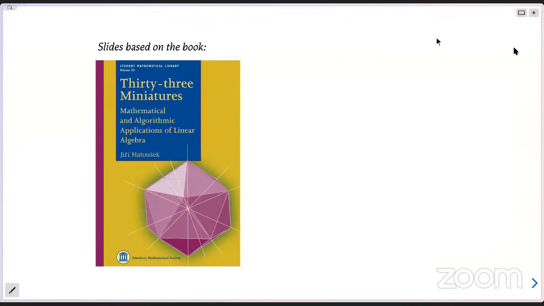I was trying to figure out a way that I can put up these slides on a touchscreen device, but that part of the setup is still a bit finicky. Hopefully, I will have that sorted by tomorrow. But for today, we will just run with these slides being streamed from my laptop, which means that I won't be able to annotate them by hand live. But the first couple of miniatures are kind of light on the computations. So hopefully that will not be something that we miss.